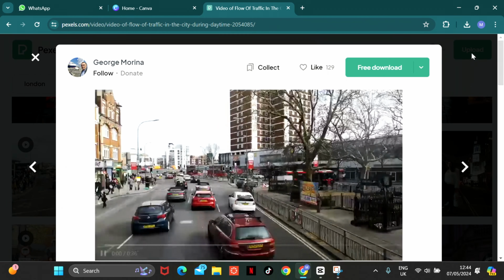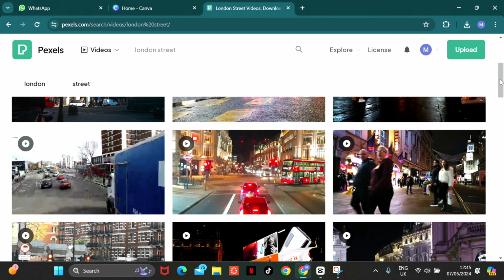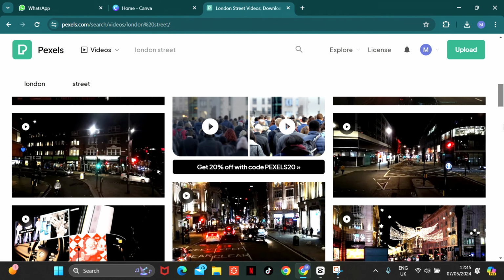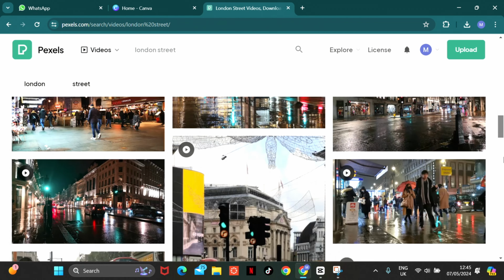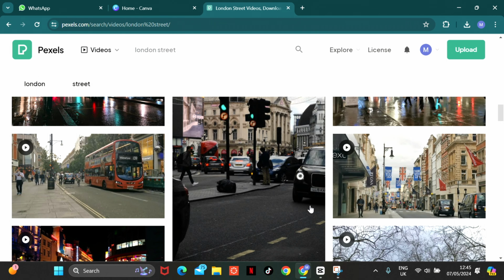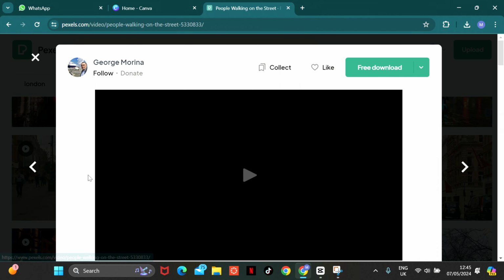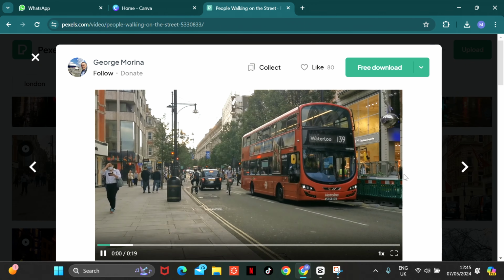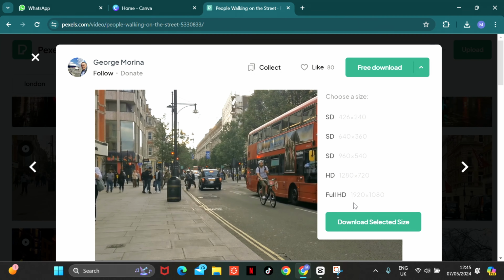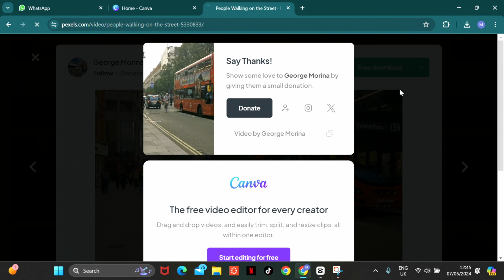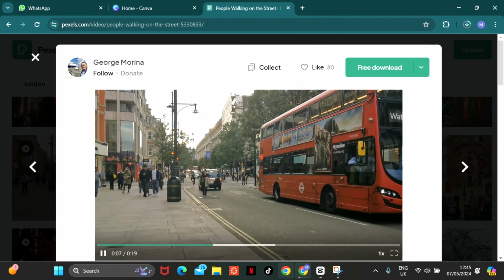Oh, this one is too fast, we don't need this one, it's too fast. Now let's see this one. All right, so we will just download this one in full definition, and when it finishes downloading, we will just